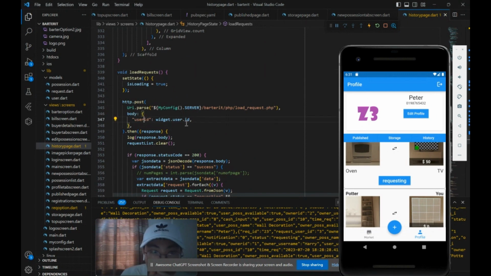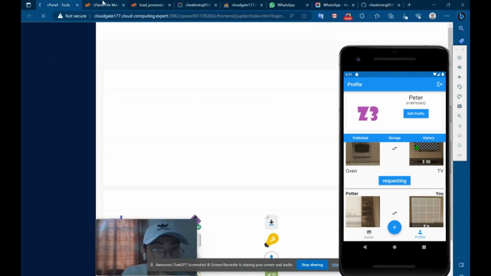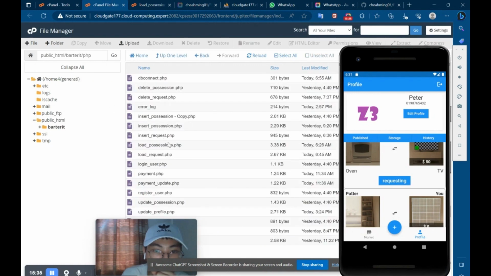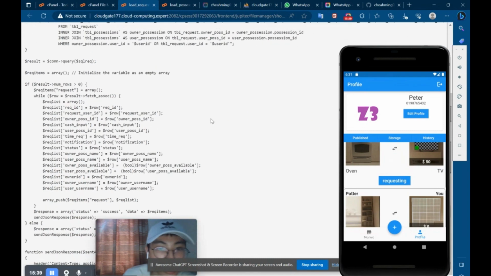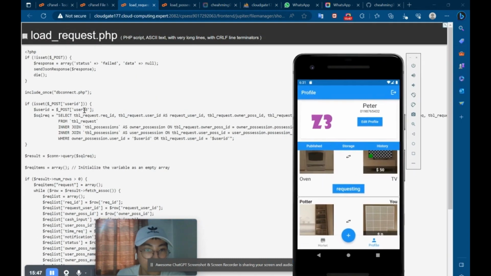Load request with the user ID equal to the user ID. So load request, let's move back to here. Okay, I think it's here, and then PHP, and then load request. Okay, here. Okay, view. If for the request, that's quite an important thing, because for the table request, I